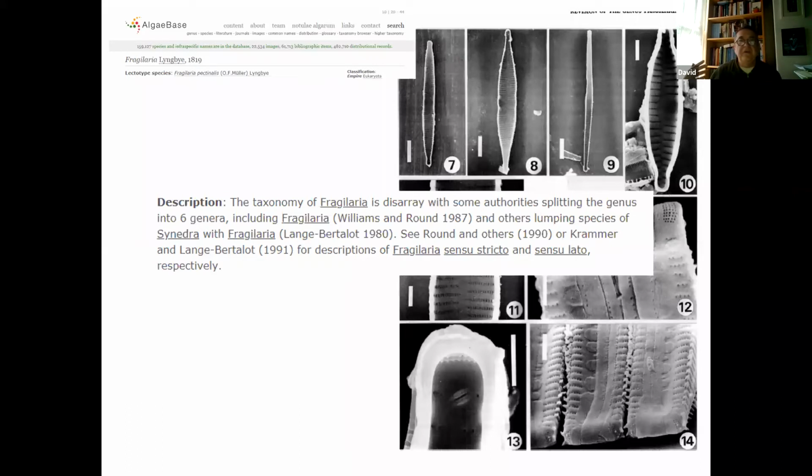In other words, whoever wrote this is saying that there's a mixture of different things, and to the author of this piece, I'm sorry, I don't know who it is, that suggests everything's in disarray. I'm going to get to a point where I'm going to say that's not the case. What you see on the side here, the electron micrographs, are taken from my first paper on this subject. They're all the usual features of Fragilaria. I'm not going to go through them now, I will later, but that's not the point of this first bit here.